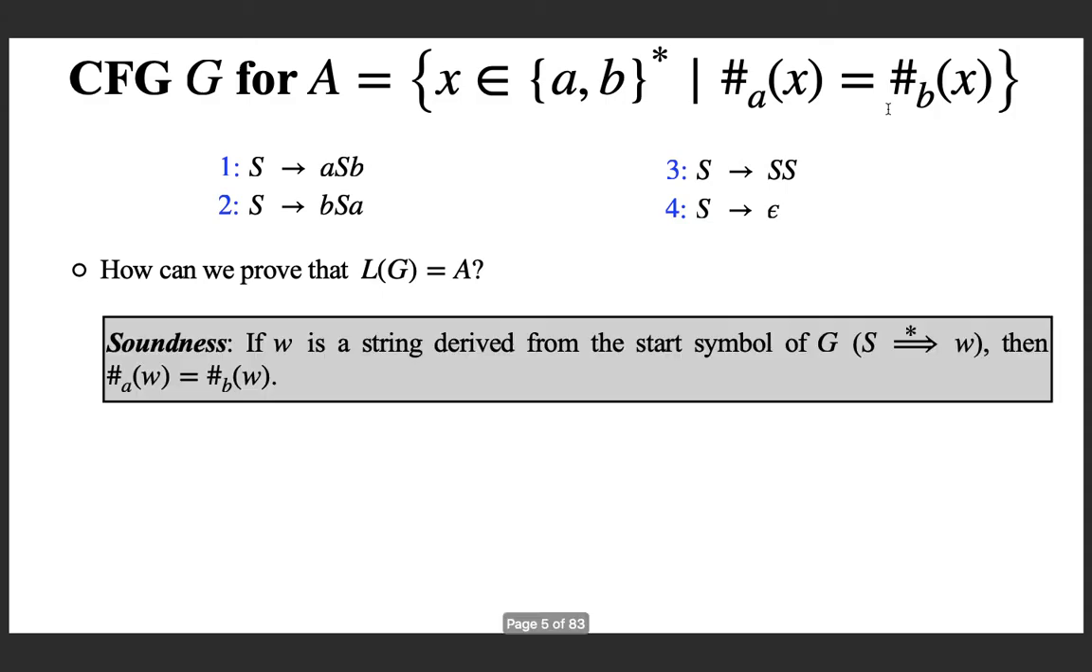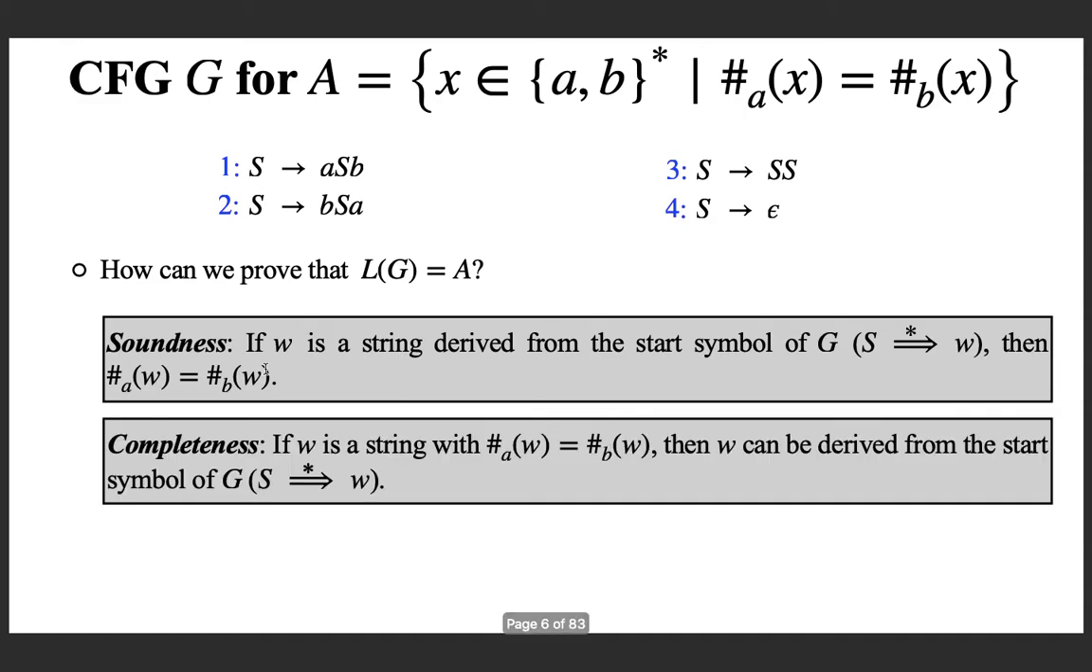First is proving soundness. And what is soundness? If w is a string derived from the start symbol of the grammar G, that is, w can be derived using 0 or more steps from the start symbol, then w must contain equal number of a's and b's. So soundness says, if something is derived using the grammar, then that is in the language. That is soundness. The other part is completeness, which says,